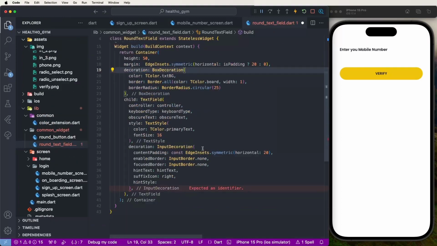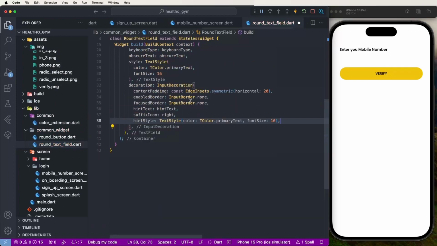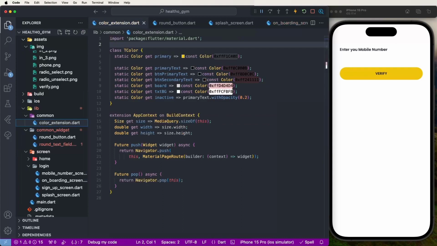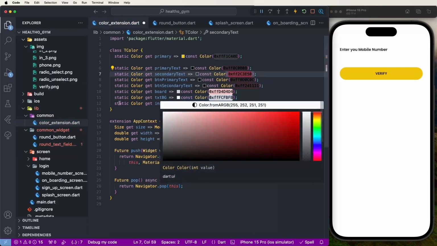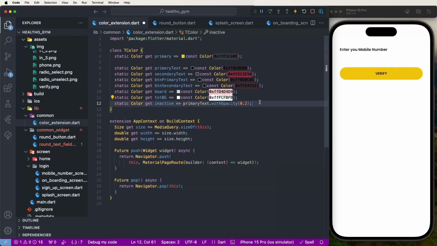Copy this style, and set here. Now we need to set the placeholder color. Maybe not set here. Go inside, and we need to put the colors here first of all. Secondary text, also need to give this secondary text. And we need to set colors secondary. Then we need to set the placeholder